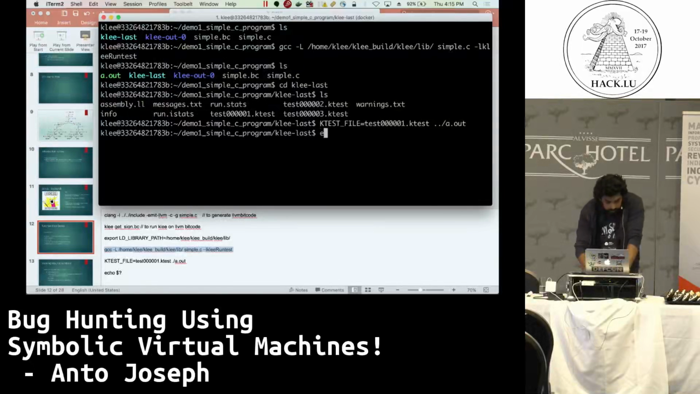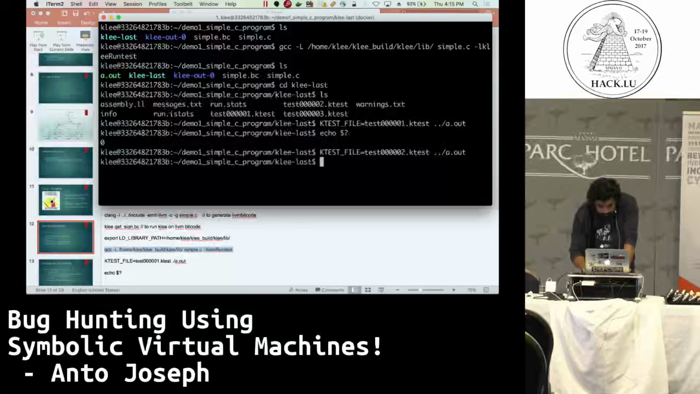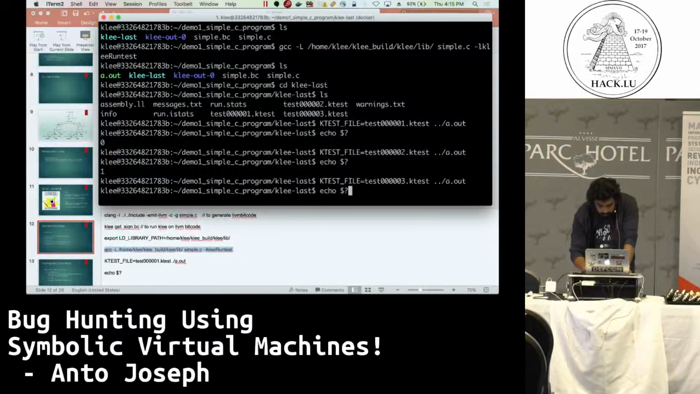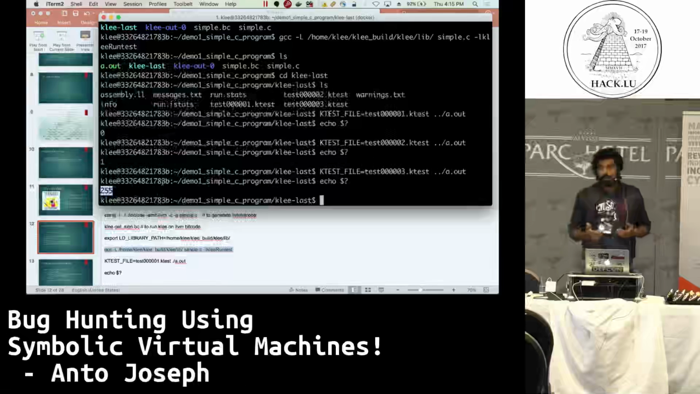Okay, and it executed, so we can check the return value. The first return value is 0. Now let's execute the second one and check the return value, which is 1. And the third test, it's 255. So it executed all 3 branches of that binary